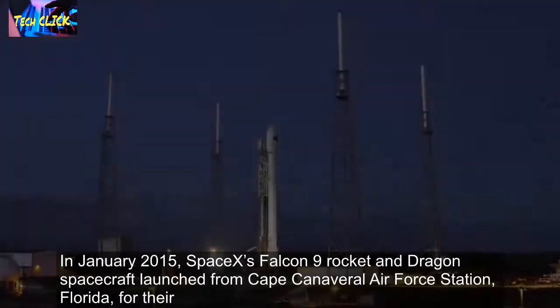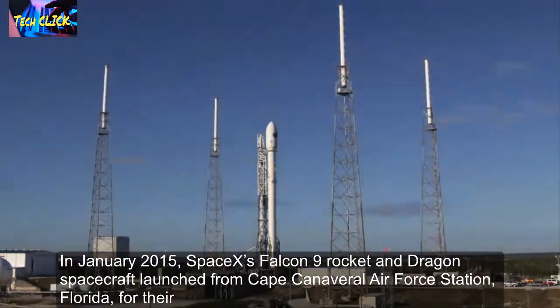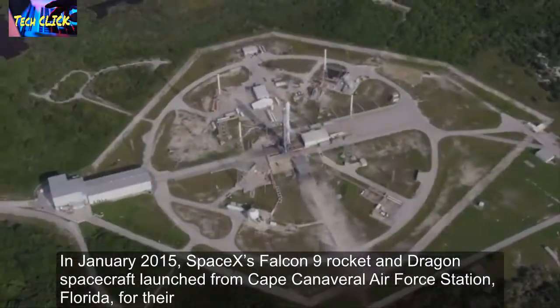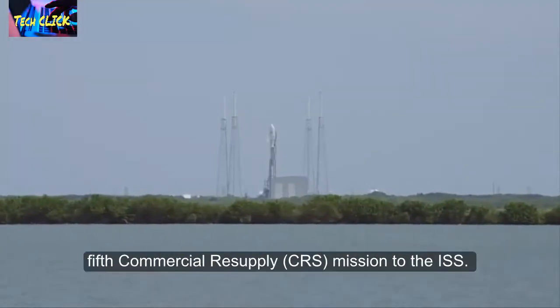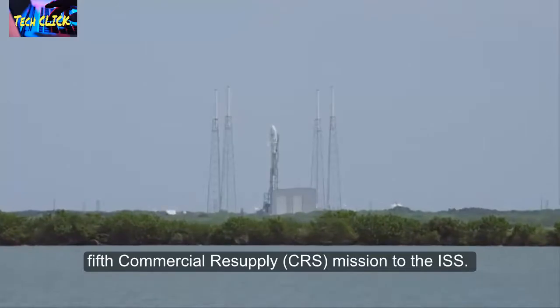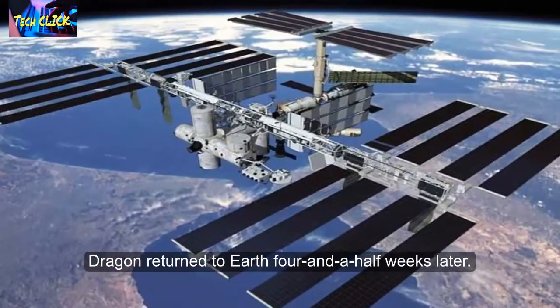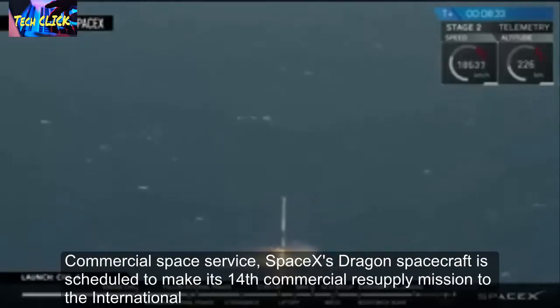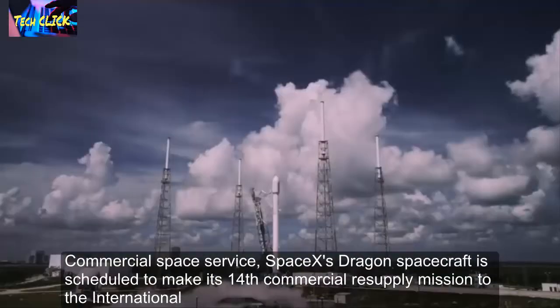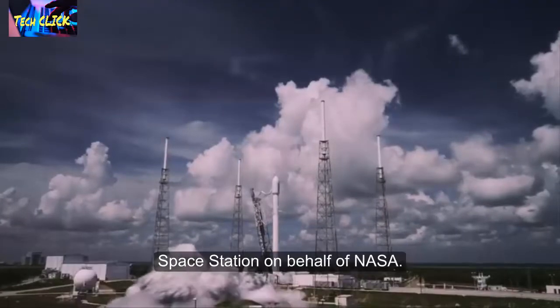In January 2015, SpaceX's Falcon 9 rocket and Dragon spacecraft launched from Cape Canaveral Air Force Station, Florida, for their fifth commercial resupply CRS mission to the ISS. Dragon returned to Earth 4.5 weeks later. Commercial space service. SpaceX's Dragon spacecraft is scheduled to make its 14th commercial resupply mission to the International Space Station